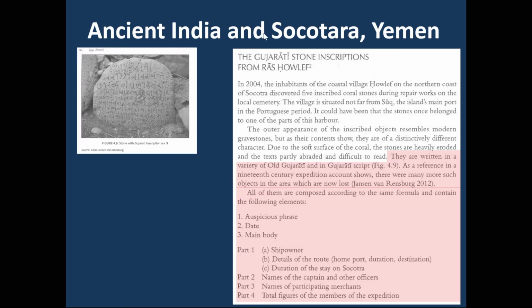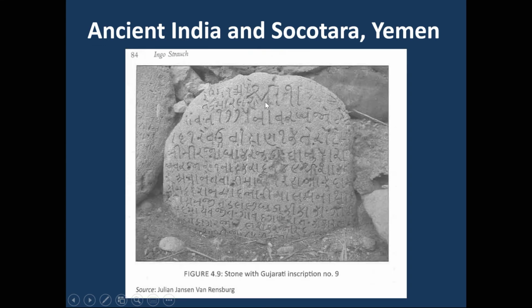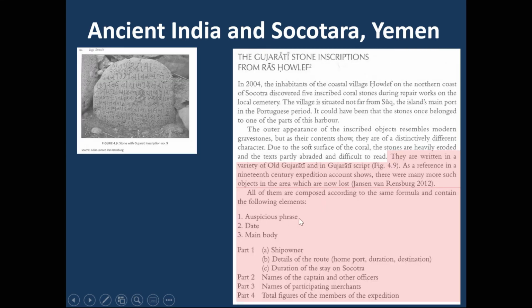And if you look at the contents of this stone, you can find that these stones have an auspicious phrase. For example, the word Shri appears here quite clearly. So an auspicious phrase is there. Then there is a date, and then there is the main content of the stone in Gujarati language. And then there are names of captain and other officers, names of participating merchants, total figures of the members of the expedition. So these details are mentioned here, but what is clear is that if we look at archaeological records, then we certainly know that this island here